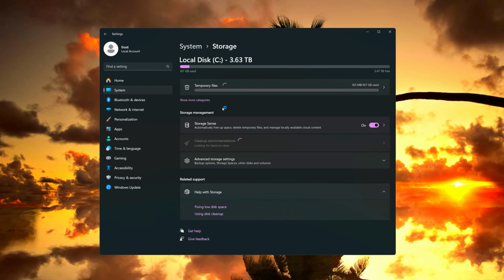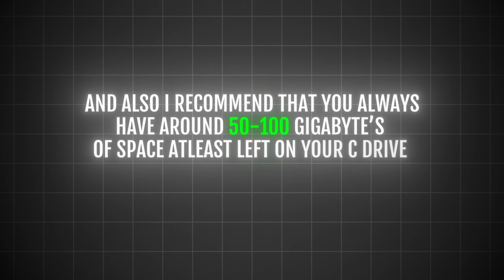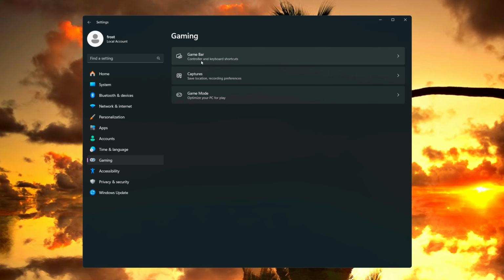which is our storage tab. And in here also check that the temporary files aren't getting too big, since after some time you're using your PC and definitely some cached files, temp files, so make sure to remove them every once in a while. And I also recommend that you always have around 50 to 100 gigabyte space at least left on your C drive. So with that being said, let's continue going over to the gaming tab right here,